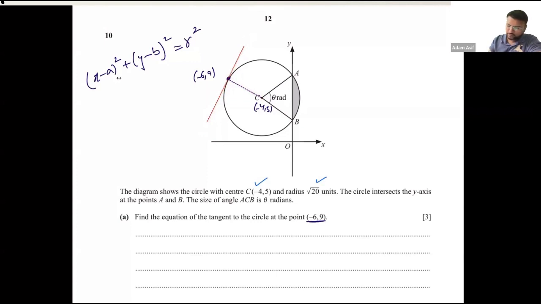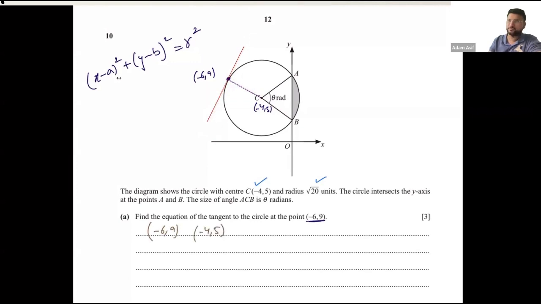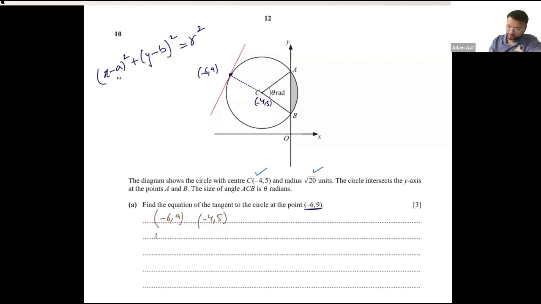Okay, so the working would be, I have the 2 points minus 6 comma 9 and minus 4 comma 5. Find the gradient: y2 minus y1 over x2 minus x1. Minus 1 upon 2, minus 2, sorry. Minus 2. So the gradient of the tangent line would be